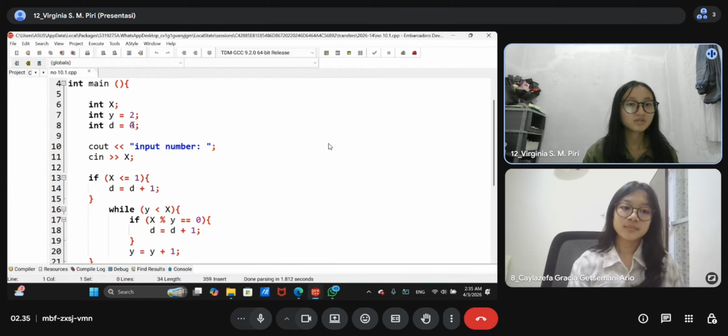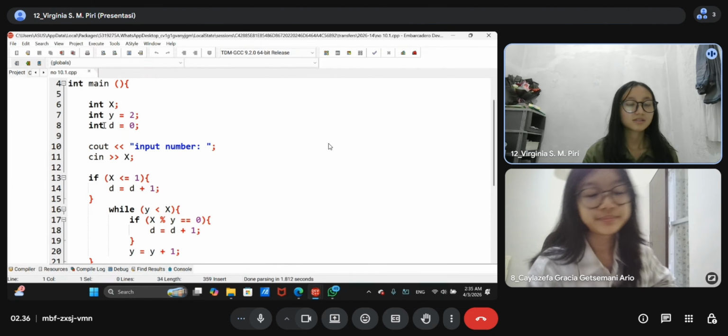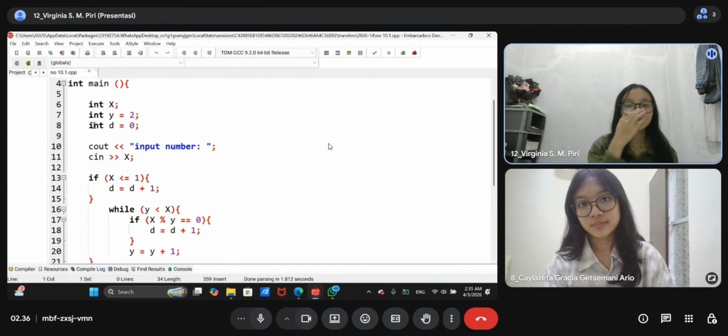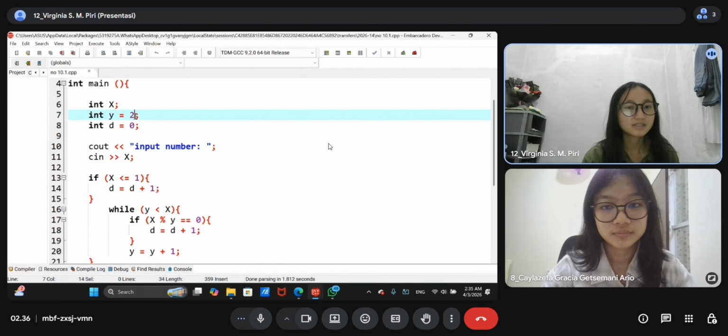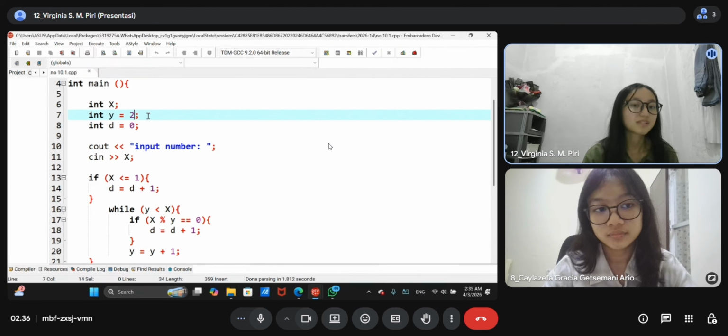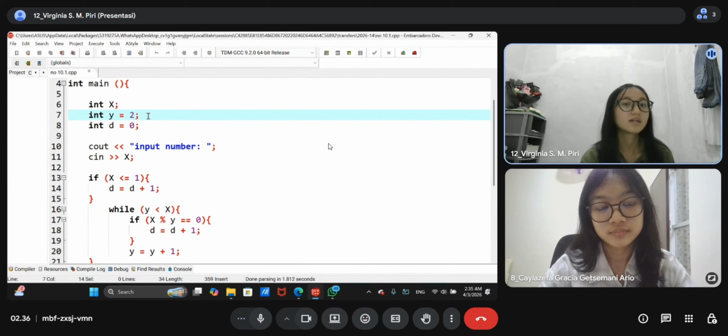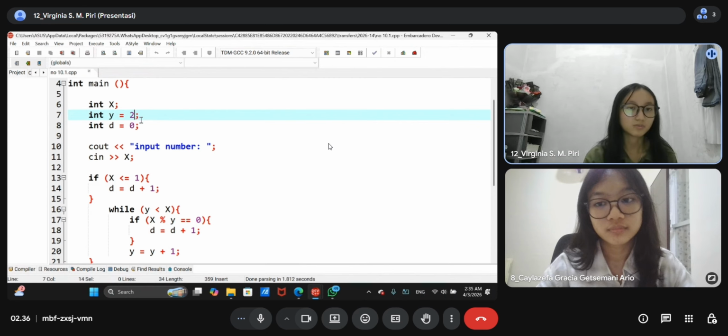Also, we store 0 to d with integer data type. Just a quick reminder that this 2 is to give a limitation that there is no prime number less than 2.